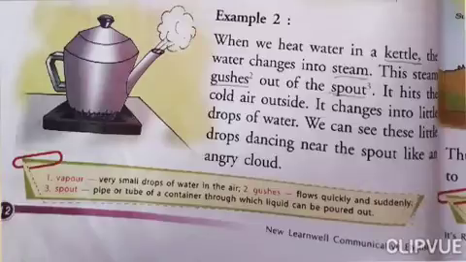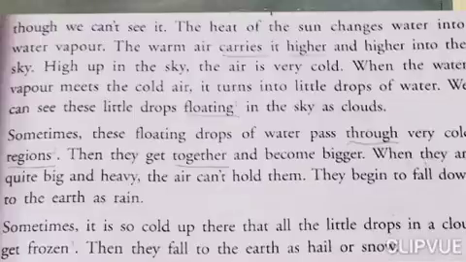Next, we move on to page number 13. Now we know the water vapor is in the air all the time. So why are we learning about it in the raining chapter? We want to know about water vapor because this water vapor changes and then we get rain. So what is that? That is the water cycle.